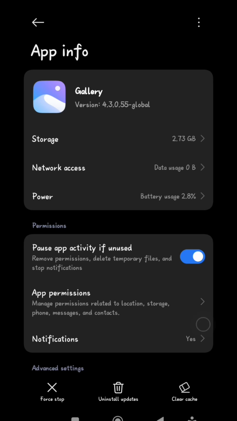After uninstalling the gallery updates, just go back and then restart your phone and then go to the gallery app, and in most cases your WhatsApp photos and videos will immediately appear again. And if not, just try restarting your phone once again and then check the gallery again. And okay,